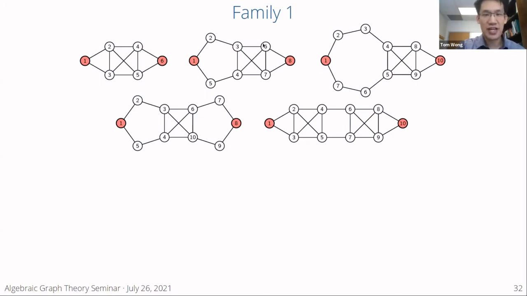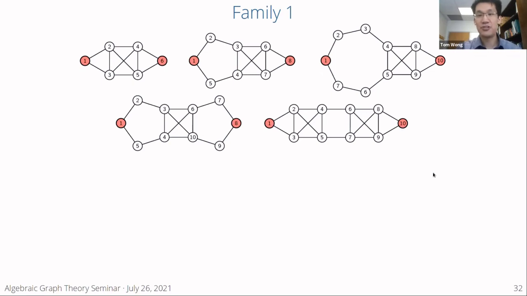This one's very similar. You have a K4 in the middle. Now you have a cycle of length 5 on the left and a cycle of length 3 on the right. Here's a K4, cycle of length 7 on the left, cycle of length 3 on the right. So K4, you have 2 cycles of length 5 on each side. And here, this is similar to this first case, except now there's 2 K4s spaced apart in the middle. And then now you have your cycles on the side.